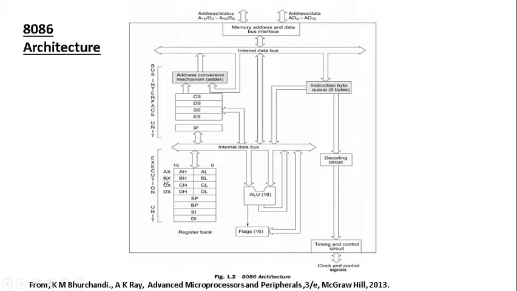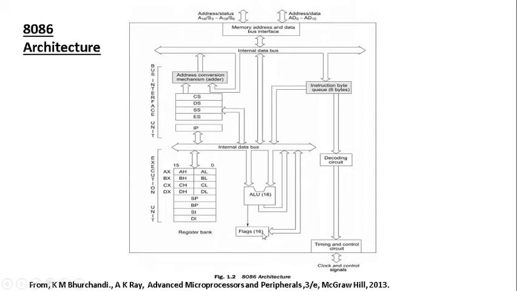Then the next set of registers, AX, BX, CX and DX, are used for mathematical computations and for storage of operands or results. Then SP, stack pointer, BP, base pointer, SI, source index, DI, destination index. Those registers are also used for addressing. Then IP, it is also used for addressing. So functionally the registers are separated into different classes.